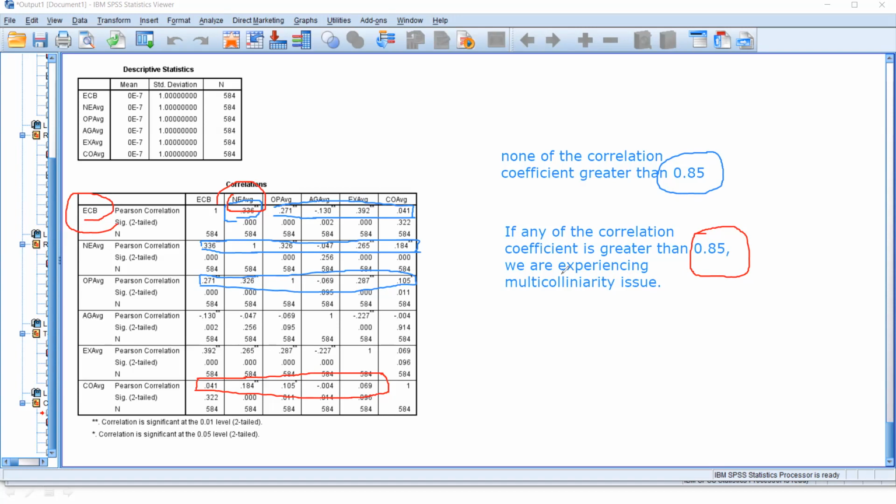Therefore, we always encourage you to follow the literature review, take the concepts or variables out of the literature review, and get the measurement items from the literature review, because they have already been tested. Then the chance of a multicollinearity issue is very minimal if you follow the literature in a very efficient way. That is why we tell all students to go with the literature review as much as possible, develop the conceptual framework based on it, and use measurement items developed by others, to reduce multicollinearity issues like these.